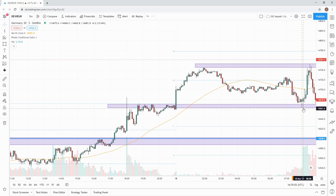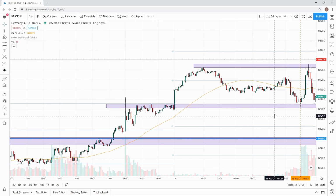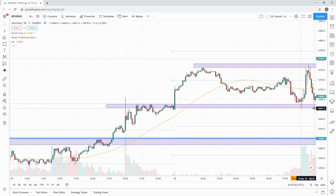Now, this is an important point. This is an important trench for the bulls. So are the bulls now trying to push the market back up? And in fact, there is a reaction there. And if you are bold enough, or maybe you can wait for another confirmation, but if you're bold enough, you can now try to have this long here